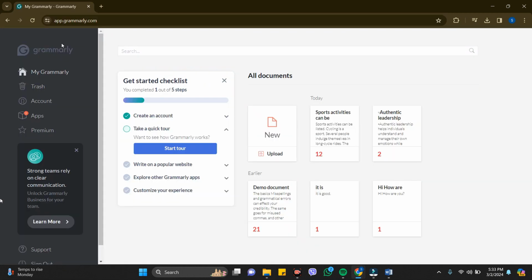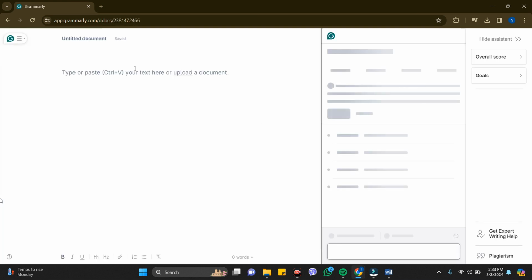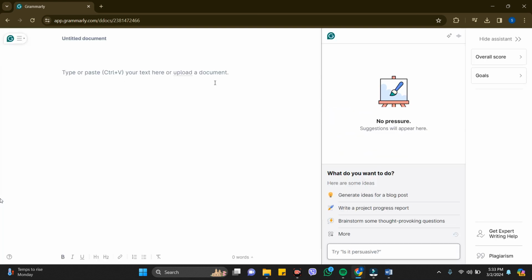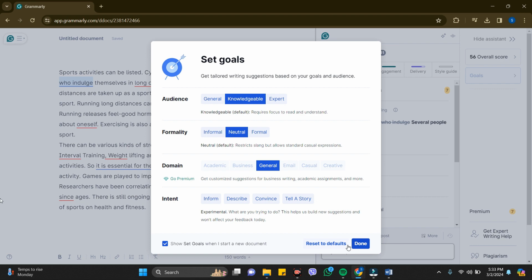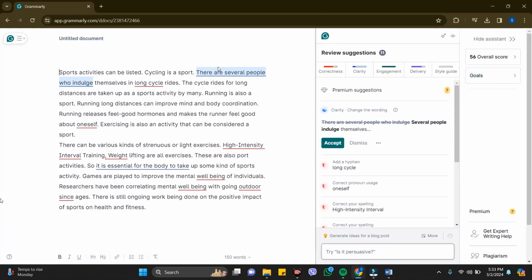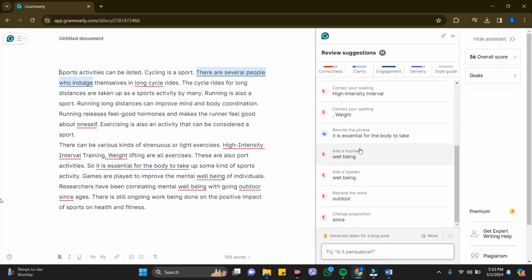So this is the platform that comes in front of you when you open grammarly.com. So now you need to go to this new and upload. So here you can just upload your document or your paragraph to just check it with your Grammarly, copy and paste it here. So now here you can just click on done, and these are the mistakes that is just